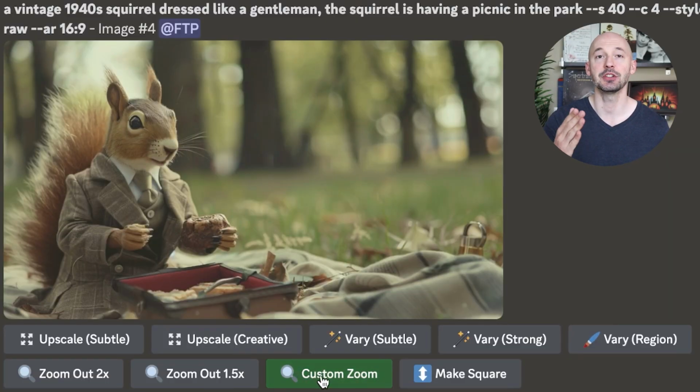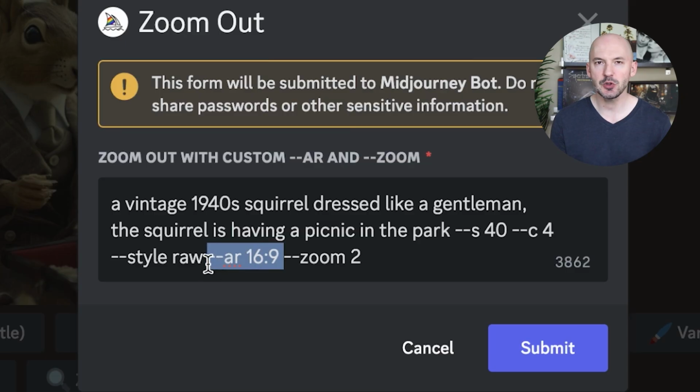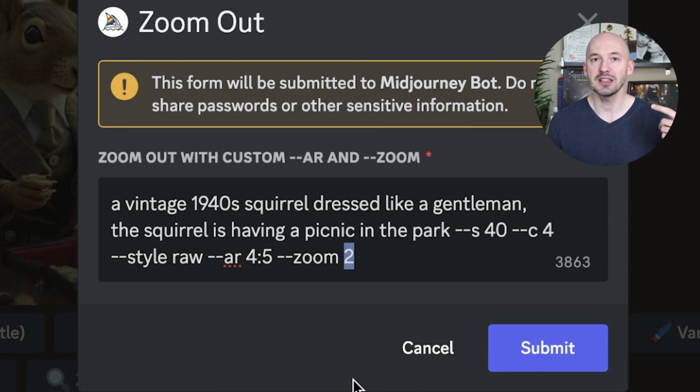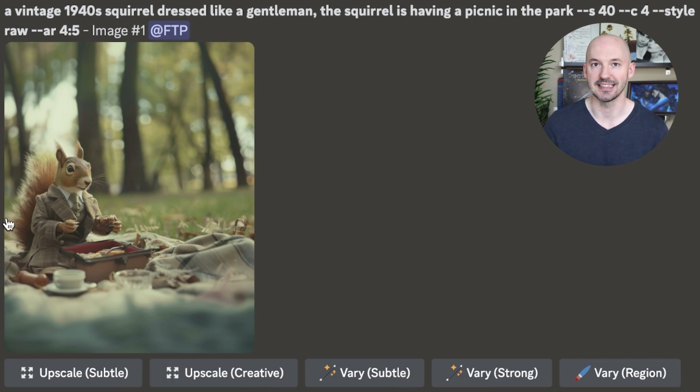Let's take this image of our squirrel having a picnic. Because we don't want to zoom the frame out, we need to make sure that zoom changes from a 2 to a 1, so that the focus of the image can stay on our squirrel even if we change the shape of the frame. And we can end up with something like this. Our squirrel and the picnic stay the focus of the composition, but we're adjusting the frame and letting Midjourney fill